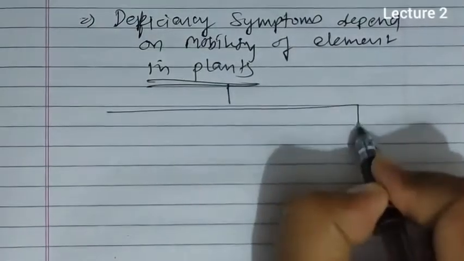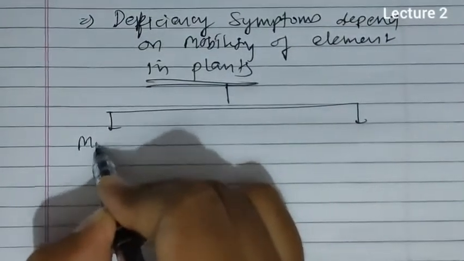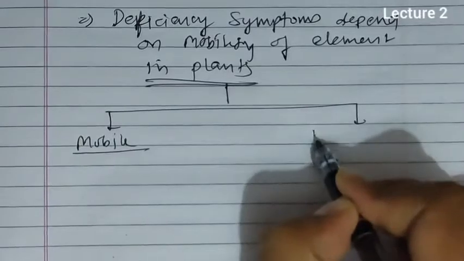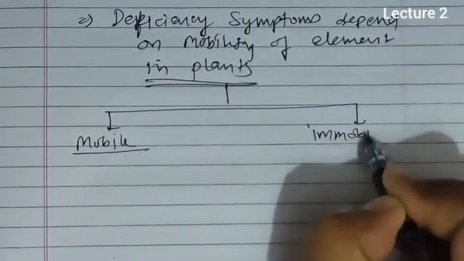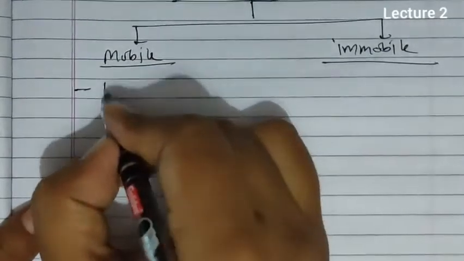Either they can be mobile or immobile. The element which are mobile, its deficiency symptom